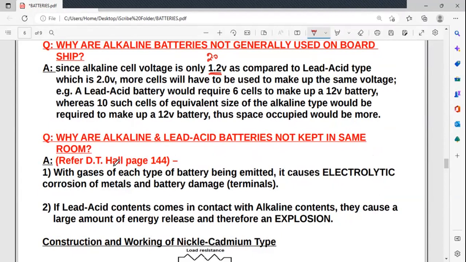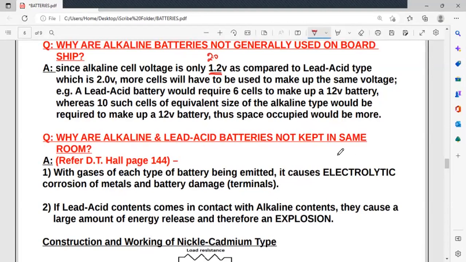Use common sense. Why do I say common sense? On your ship, when acids are kept in the chemical locker, generally in the steering gear room, your acids are kept to one side, your alkalines are kept to another side, isn't it? They are kept separate. Why are they kept separate? For one, any gases emitted by them should not mix, because if your alkaline and acid batteries are kept in the same place, they are going to be emitting gases while charging. And if they get mixed up,